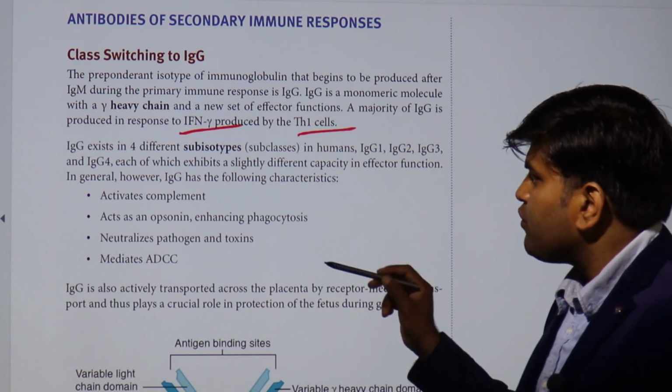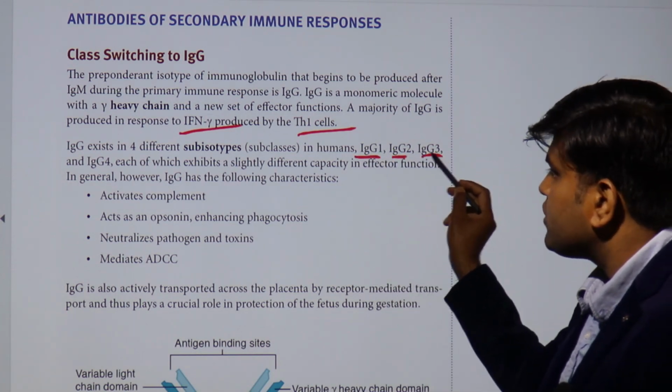Immunoglobulin G exists in 4 isotypes, that is immunoglobulin G1, G2, G3 and G4. Each